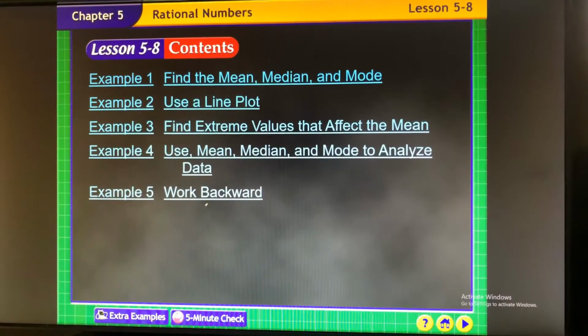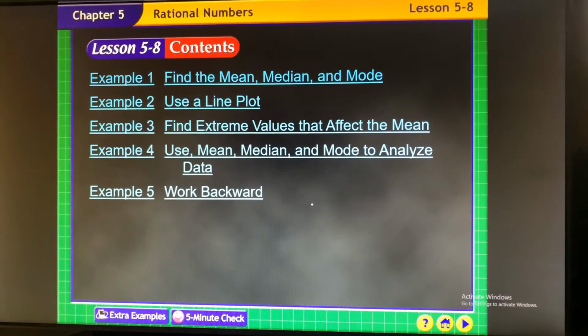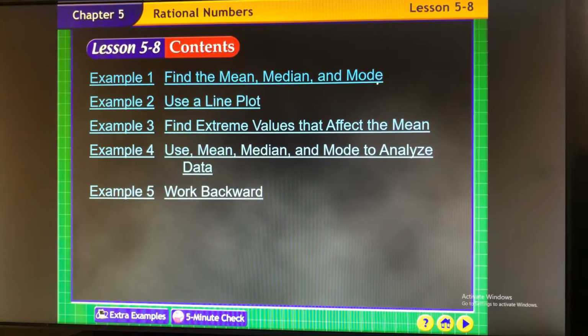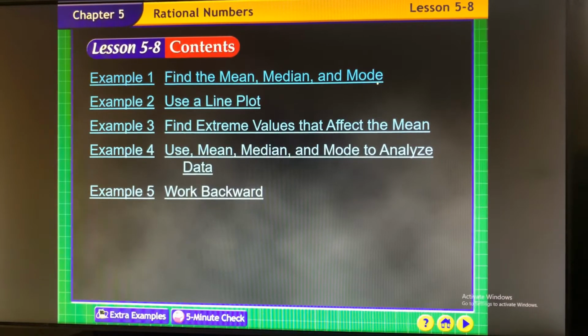All right, we have some measures of central tendencies. So you already know how to do this. You know how to find the mean, which is the average, the median, which is the middle number when the numbers are in order, and the mode, which is the number that occurs most often, okay? These are called measures of central tendency because they're supposed to fall within the center of your numbers. And if they don't, either A, you did something wrong, or B, you shouldn't use that measure to describe your